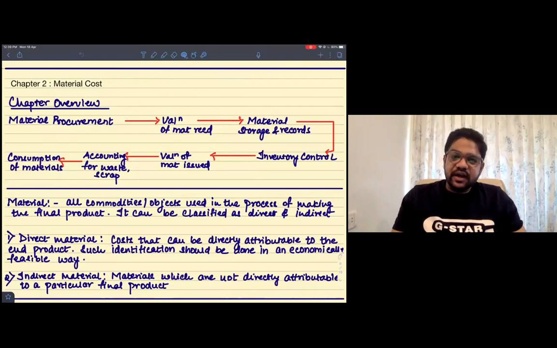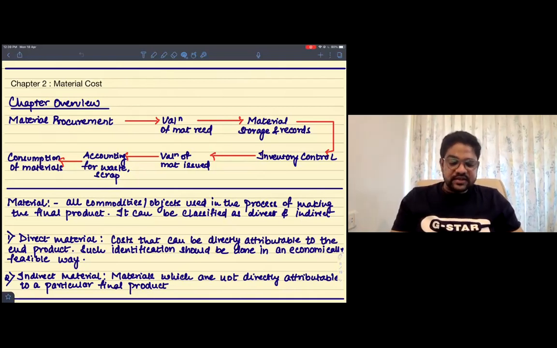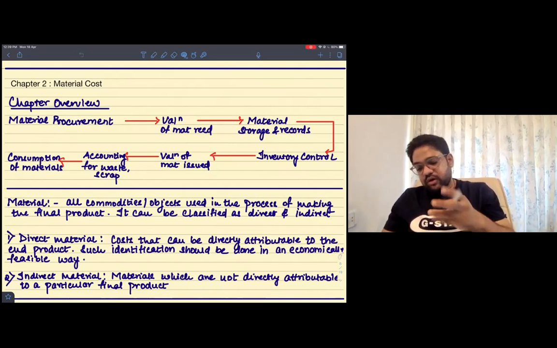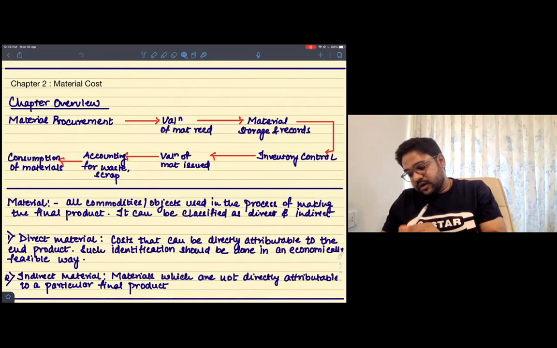So we have the definition of material, which says that any commodity or an object that is used in the process of production or the making of the final product is material. It can be classified as direct and indirect. And the direct material is basically any cost that can be attributable to the end product. And please mark this. This is important. It says,